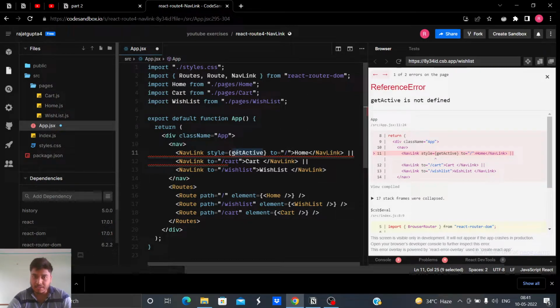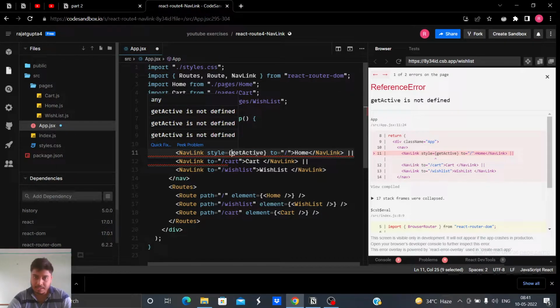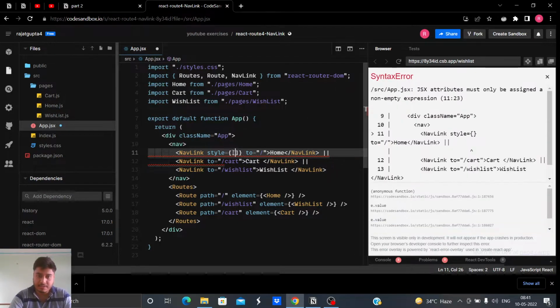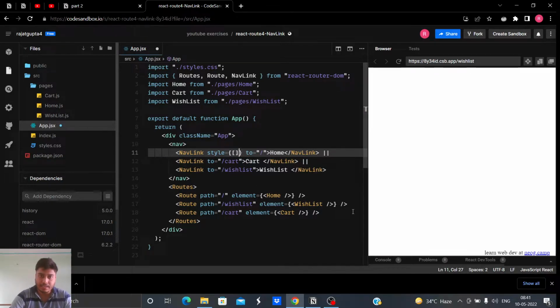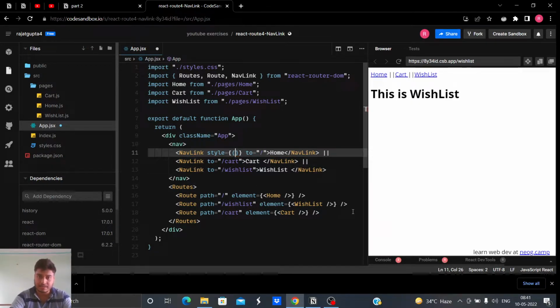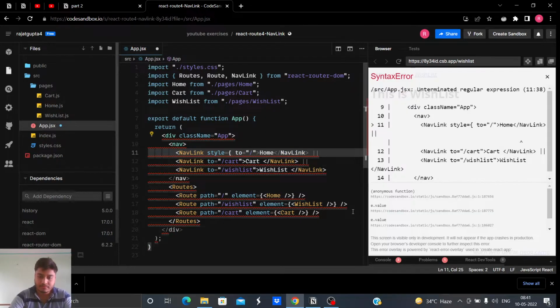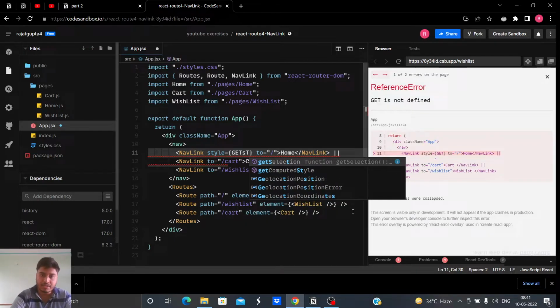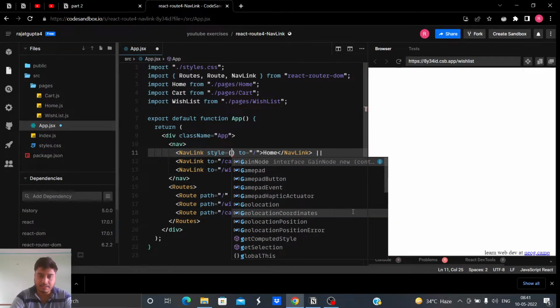Style is an object. We have curly braces to know that this is a JavaScript thing, and inside it we define the style like this. We'll do the same, the only difference being we'll return the style this time.